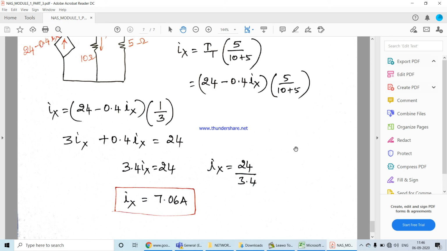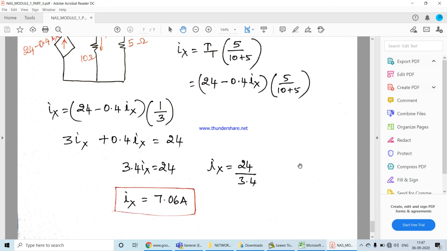I hope that with source transformation, when dependent sources are given in the question, you can easily find the solution now, irrespective of the complication in the problem. The first step you should always apply is the redundancy check. Once you find the redundancy and it has been removed, then try to analyze the circuit and find out what method you can apply, whether to convert parallel to series or series to parallel by applying source transformation, and see the simplest way to apply it so that your problem gets reduced step by step, and finally you will be able to find the solution.